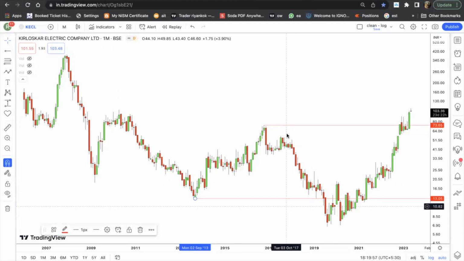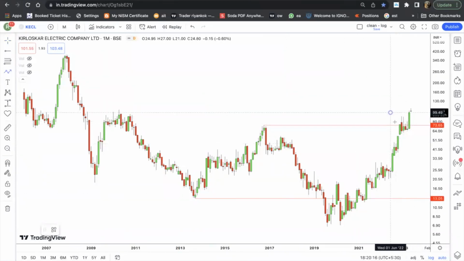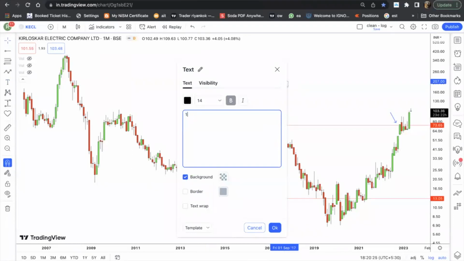I just taught you this name. This is the longest downtrend reversal pattern. I just taught you pattern number 1, which is called the longest downtrend reversal pattern. This is the pattern which had formed on this particular candle right here, when the stock closed above 73.65; the closing was at 75. So, as a basic thumb rule, your targets will come at 150 and 225, right?